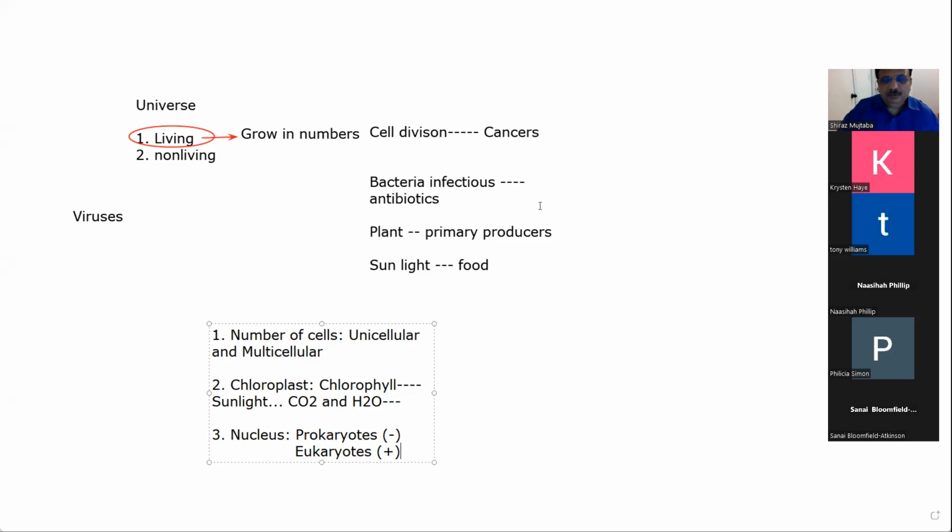So what are the examples of prokaryotes? The example of prokaryote is a bacterial cell, bacteria, and then an example of eukaryotes could be a human cell or animal cell, as well as plant cells. So we will first study about the bacteria, and then we go into human versus plant cells and try to understand how this cell works